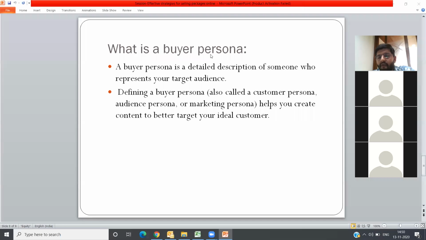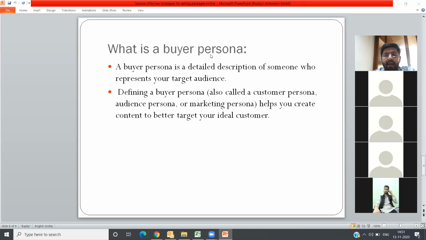What kind of customer is this? Is this the luxury customer? Is this the budget customer? Is this the customer who is focusing on reviews? Is this the customer who is focusing on a particular hotel? Is this a customer who is particular about the services? So you have to create a detailed description of someone. It is a virtual description only. I am not asking you to write anything about that, but you should have characteristics defined for all the customers whom you are talking to and marking out.